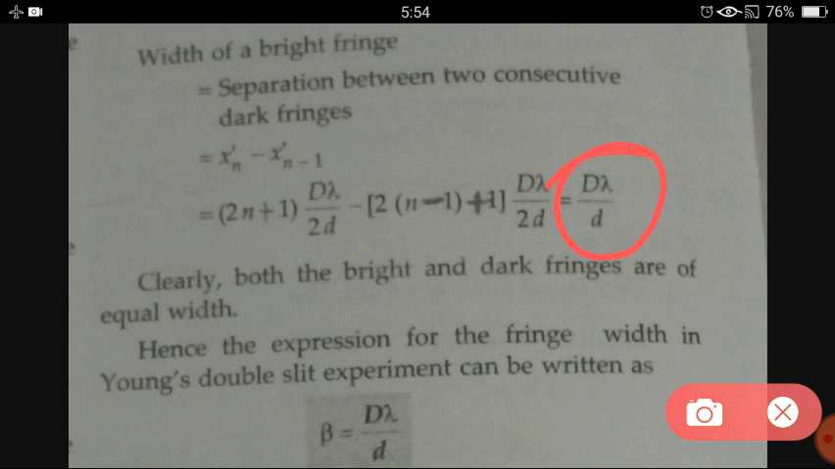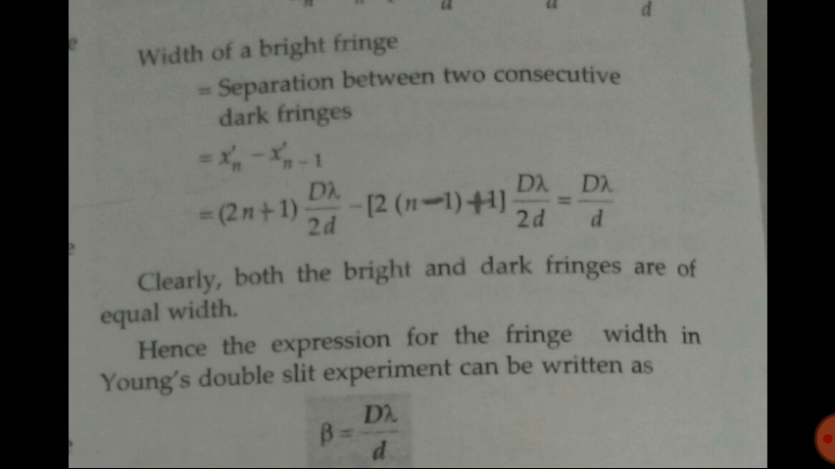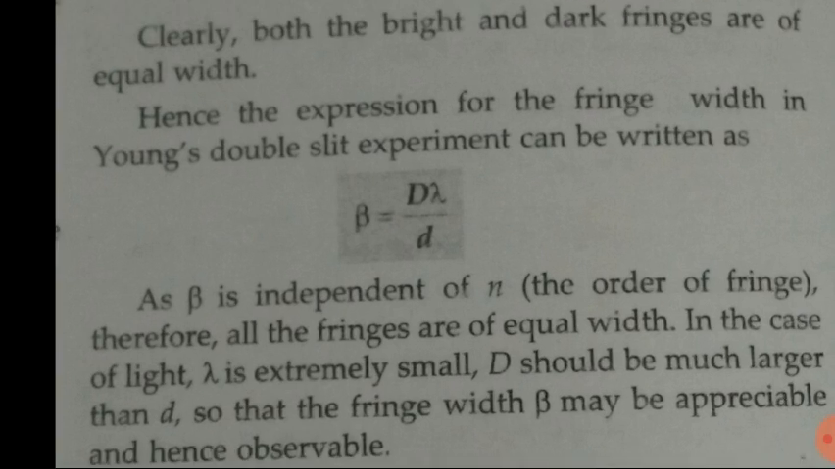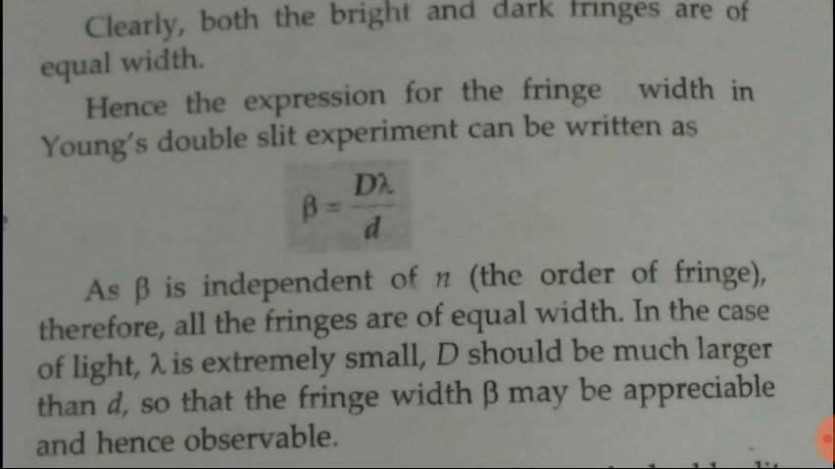That means we can have one general formula for the width of bright fringe and dark fringe. Here is that general formula: beta equals d lambda upon d. Fringe width is represented by beta, which equals d lambda upon d. Now you can see that fringe width only depends on the distance between slit and screen, the distance between two sources S1 and S2, and the wavelength of the wave lambda, but it is independent of n, that means order